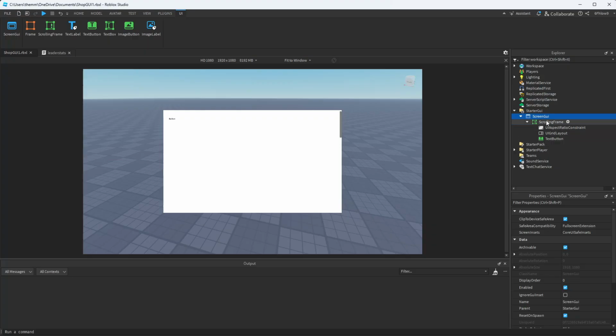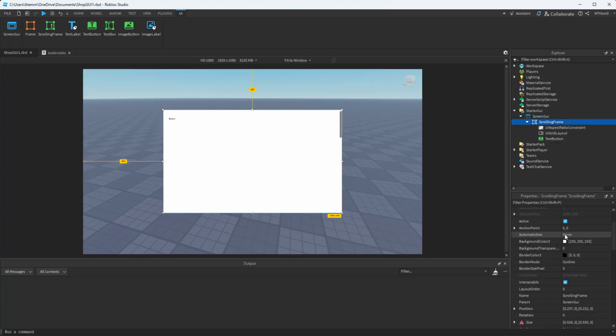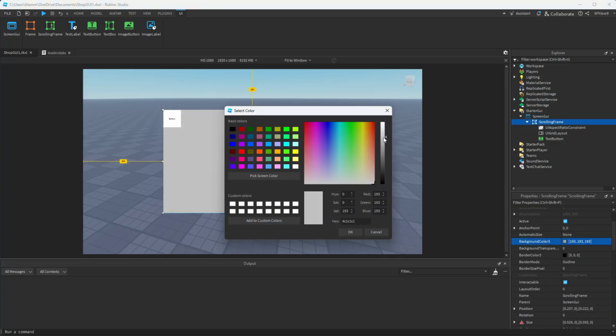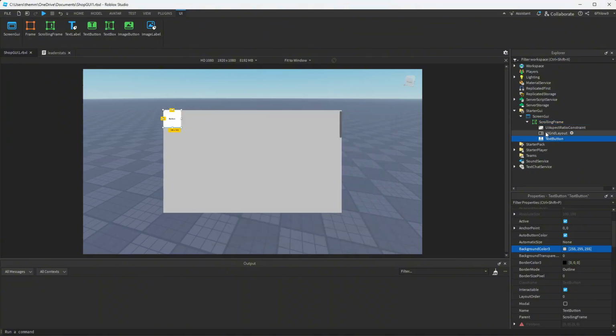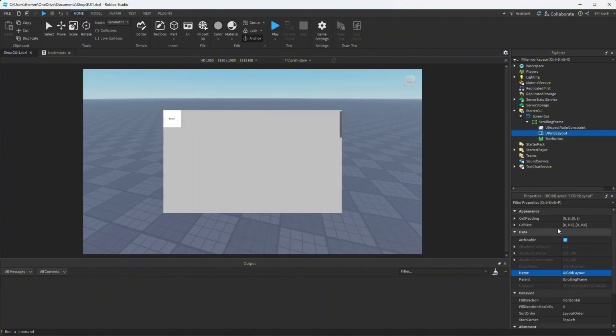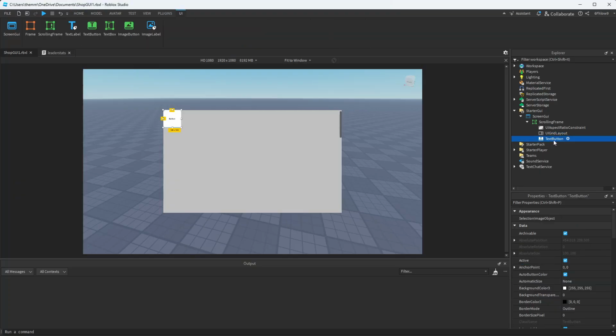We want to change the color of the background perhaps, and the UIGrid. This is gonna be the item that we're gonna buy. So the text button can be, for example, sword,